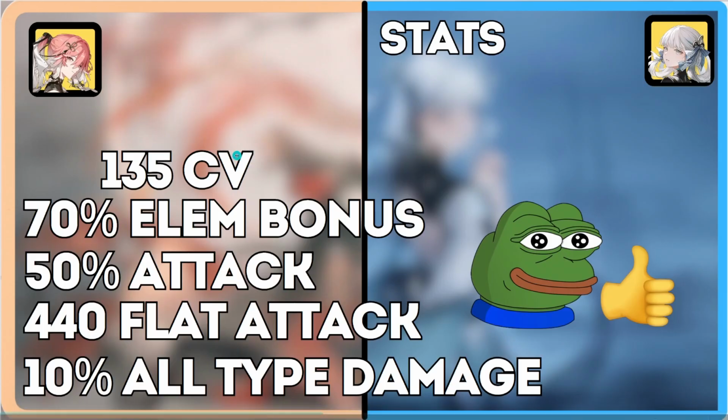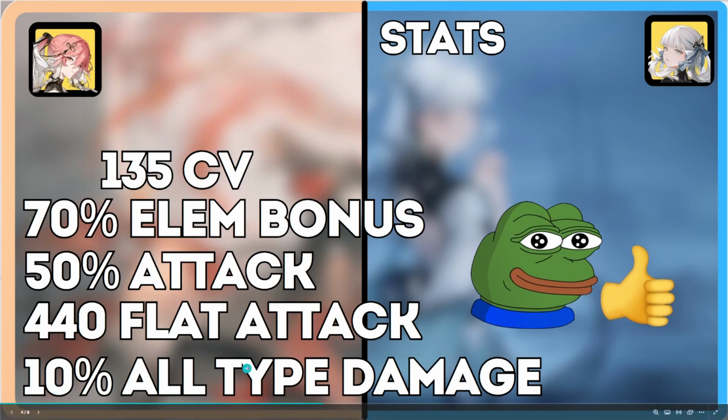So the stats that are going to be shared amongst both these characters all the time, regardless of their weapon, they're always going to get 135 crit value. This is strictly from echoes. 70% elemental damage bonus. This is minimum because you're always going to be using at least 1 damage bonus. And then the set bonus will give you an additional 40. You're going to have 50% attack from substats and your 1 cost. 440 flat from all the echoes as well, and 10% all type damage